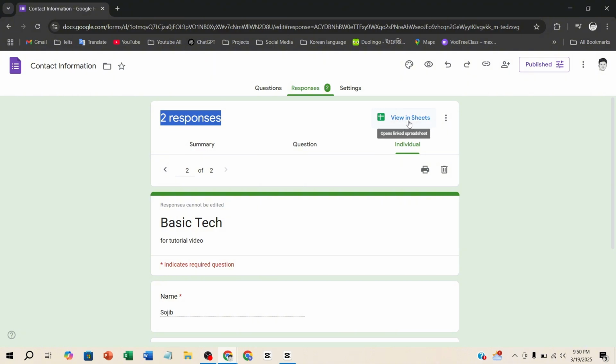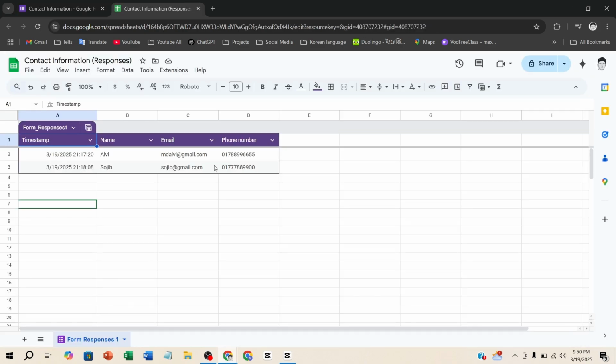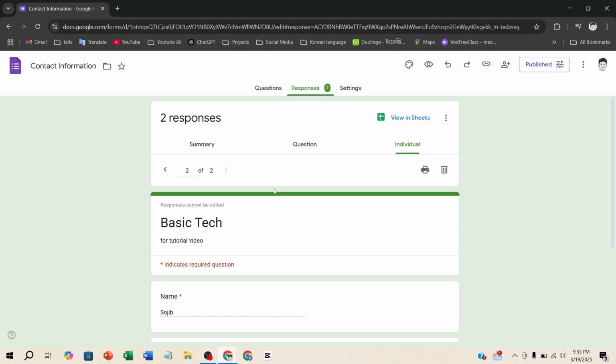If you want to extract your response data in Google Sheets, click on this. Now your form response data is extracted in Google Sheets. That's how we can export our Google Form response data to a Google Sheet. That's it. Now you know how to check Google Form